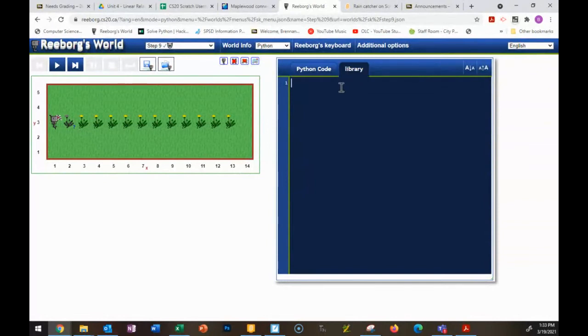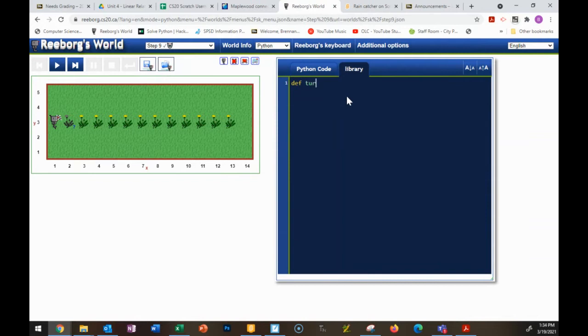So I'm just going to start in our library, and it usually saves your functions in the library if you're using the same computer and web browser. So you'll notice that if you log back in and go to a different step and you go to your library, you probably still have a lot of those common functions still in there. So that's handy, so you don't have to recode everything. Also, if you were to use this guy to load an existing project, it would have all your library functions in there. There are several functions that I use almost all the time, and one of those would be